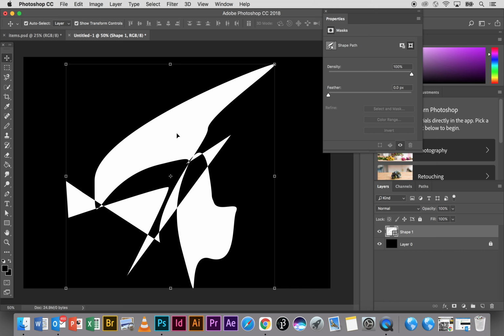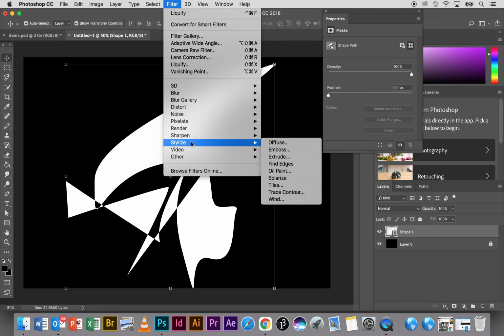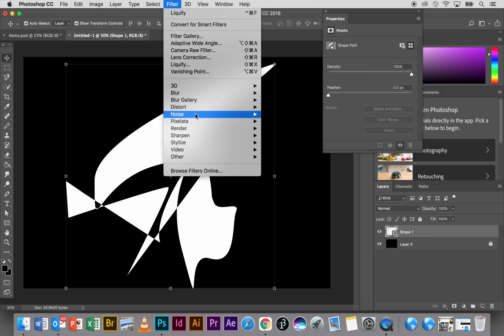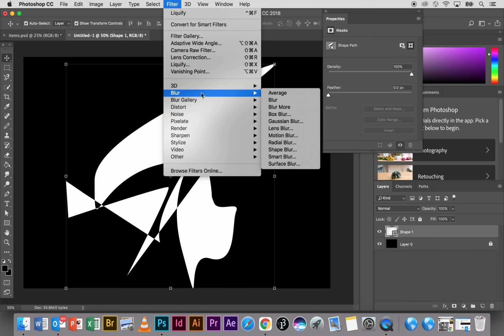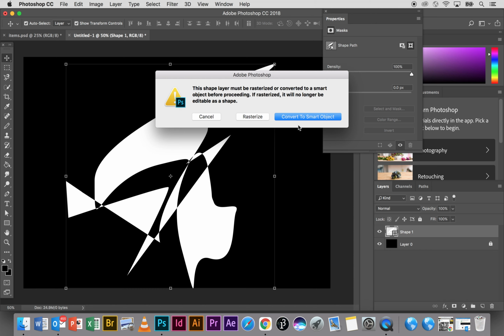Now what I'm going to do with this, you can also do it with the shape you've made previously, is I'm actually going to add a texture to this, so it's not just plain. So I'm going to come up to Filter, and where's my textures? I'm going to come to Filter Gallery, so I can actually see. Rasterize image, convert to smart object,